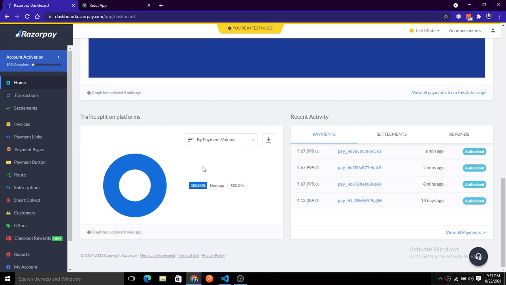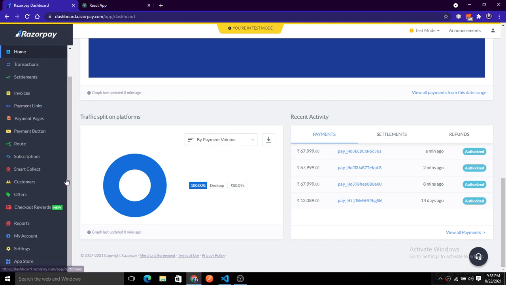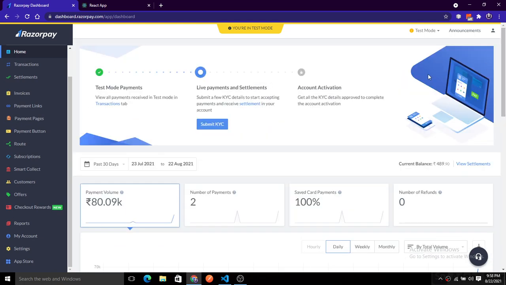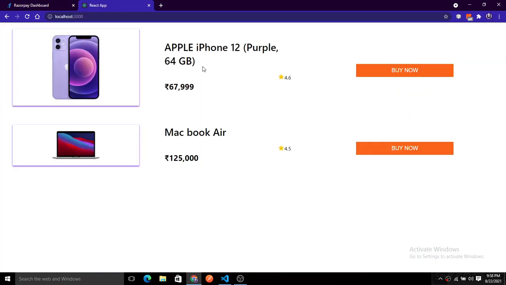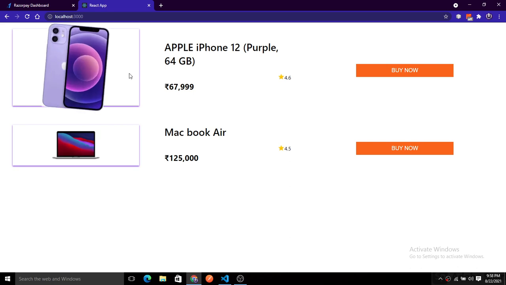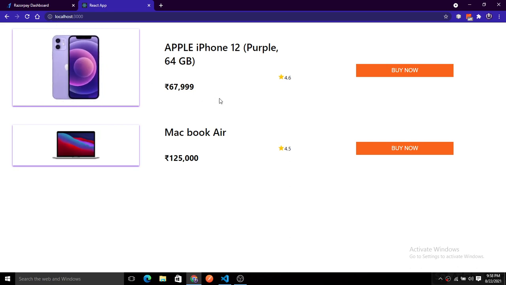Here we have a bunch of options for generating payment links on different pages. Now let's go and build this. First of all, you just need a few things to build this payment integration. You need to have Node already installed on your local machine, because we are going to use npx to create a React application to build this. That would be a very basic application. So let's open Visual Studio Code and build this.